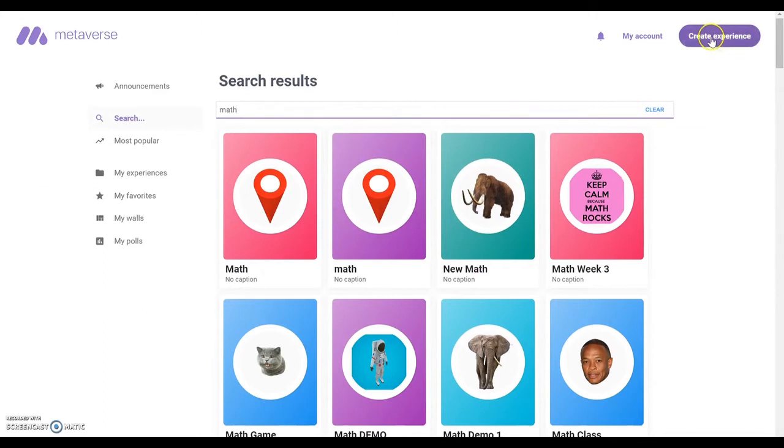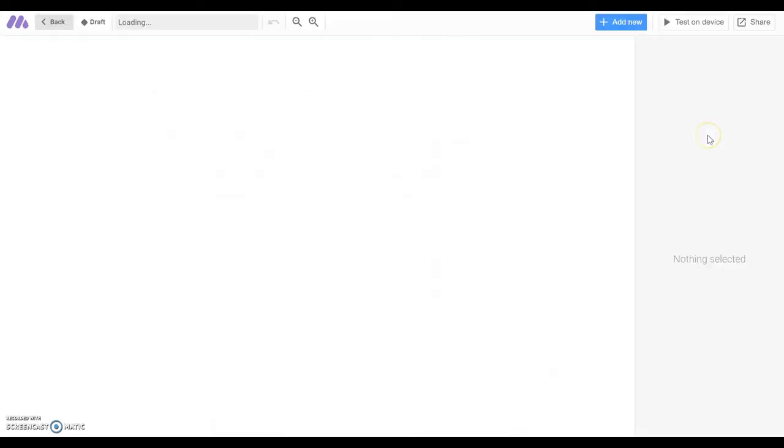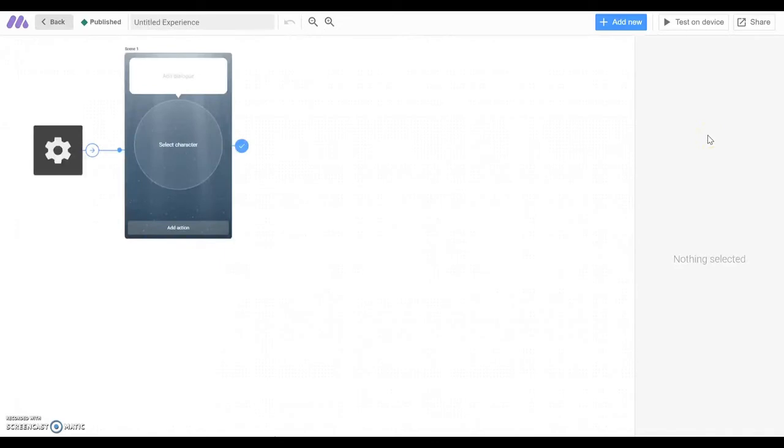Now I'm going to click on Create Experience. Before getting started with that, I should explain that this is really your first step to doing any of the objectives that you have set. So for any of them, if you're doing a quiz, if you decide that you're creating a scavenger hunt, if you're going to build a game, everything begins here on this screen with building your experience. Now I'm just going to take you through building the first step to an experience. This is going to be a pretty straightforward, easy one, but it will cover all the steps that are needed that you would then build upon for the next step.